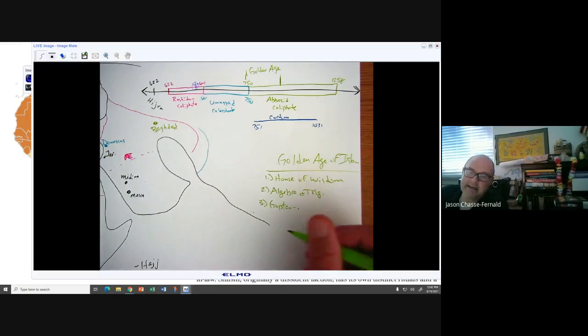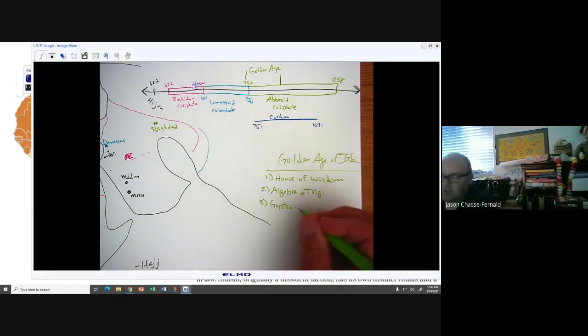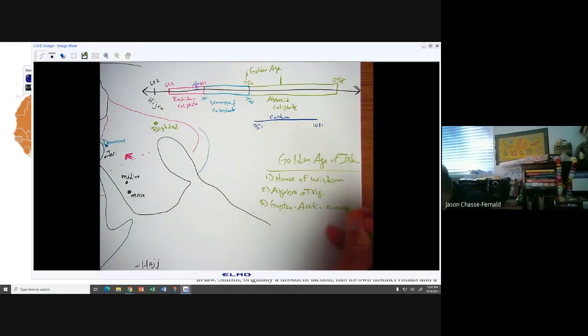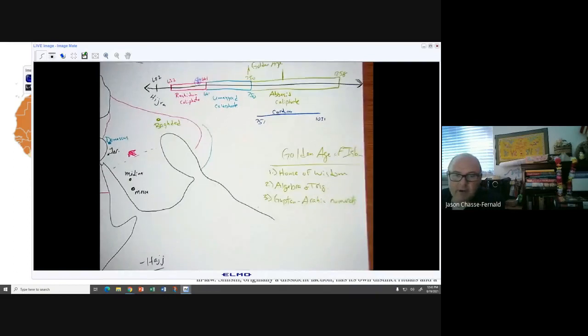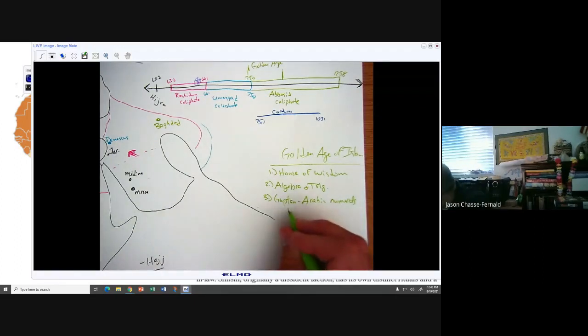Gupta is the golden age of South Asian Hindu civilization. So Guptan is referring to knowledge diffused into Dar al-Islam, into Baghdad, from South Asia. So Guptan Arabic numerals, and you're probably familiar with this. Sometimes it's called Hindu Arabic numerals. Oftentimes it's just identified as Arabic numerals, so the Guptan or Hindu isn't always on there. But that's where the numbering system comes from.